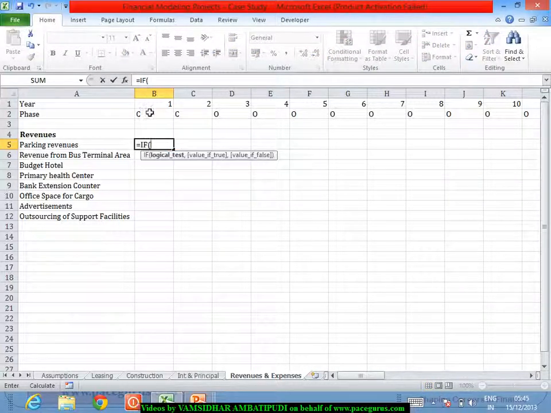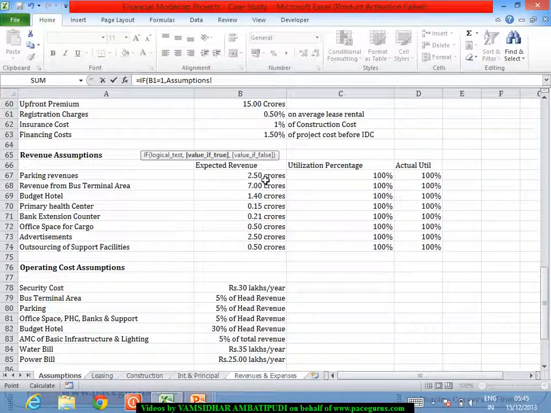If this number is equal to 1, meaning the first year, take that revenue as the exact value itself. Now, if the B1, I think I should put $1. I have to freeze it. It can become C1, D1, whatever, but the 1 has to be frozen. If B1 equals 1, take it as this. Otherwise, multiply the previous